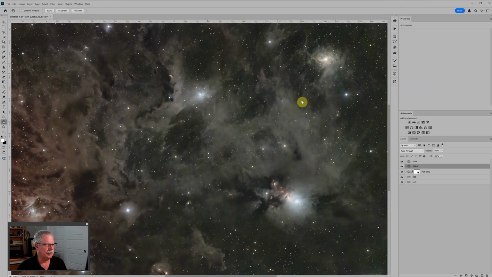So this is kind of the end result, or the goal, and this data was captured by Jeff Kinslinger, I believe. He captured this with an 11-inch Edge HD, a Celestron with a Hyperstar attachment. So it's a much wider focal length, much wider field of view than you would normally get with the 11-inch